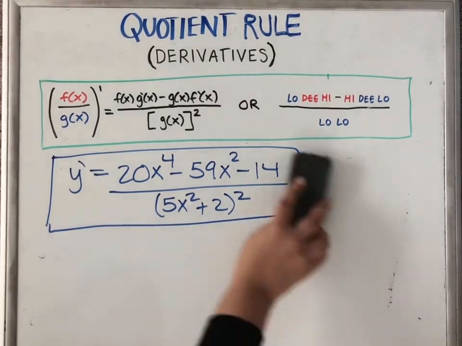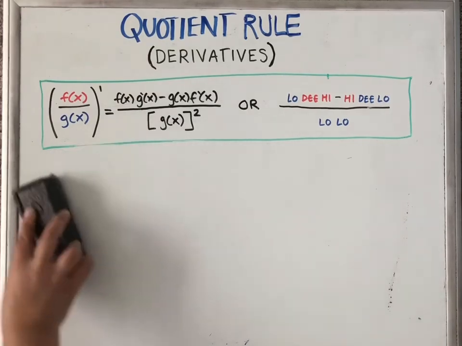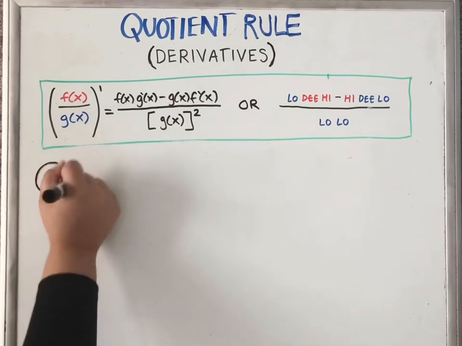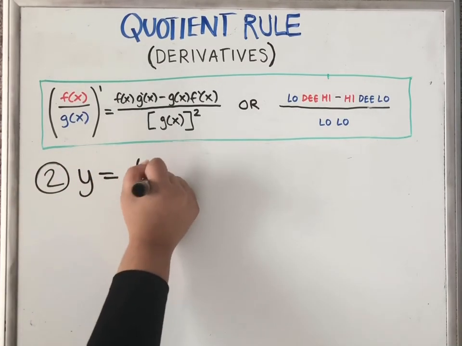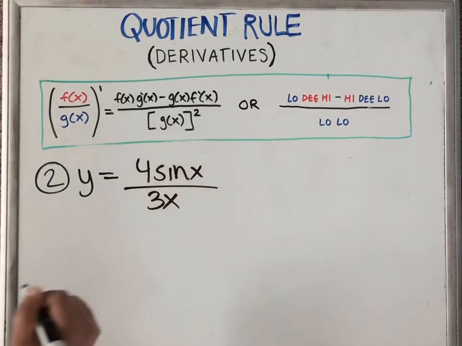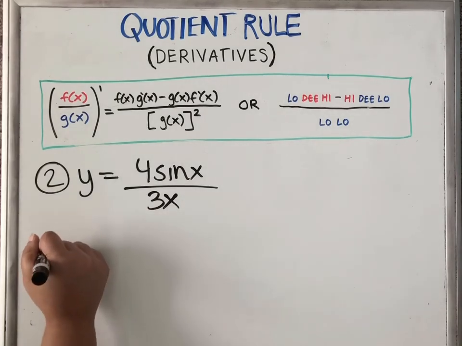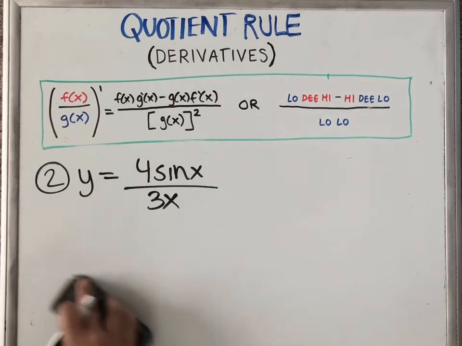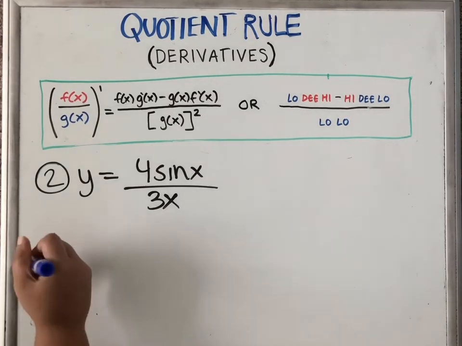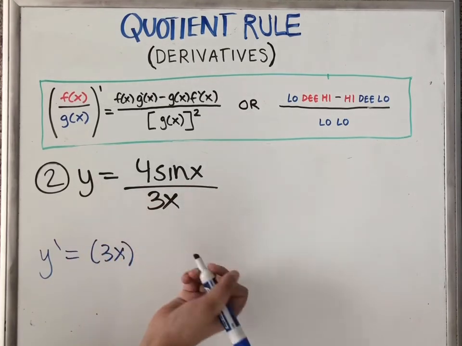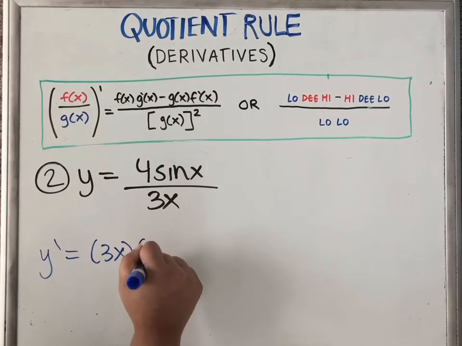Alright, so moving right along here. For number two, we have y equals 4 sine x over 3x. And again, don't be intimidated by the trig. Our steps are going to be exactly the same. So we're going to have y prime equals, let me do this in blue to stay consistent. So y prime equals low, which is 3x, d high, derivative of 4 sine x, is going to give us